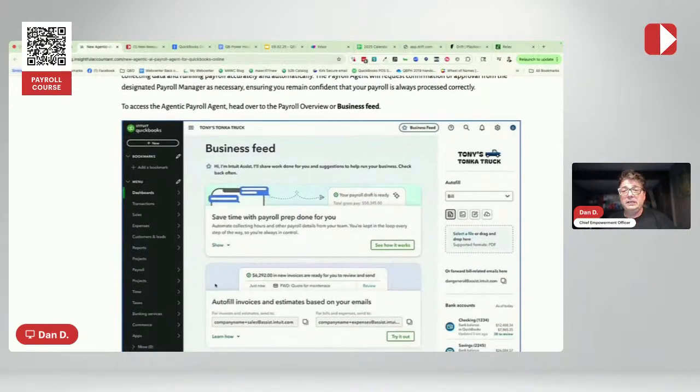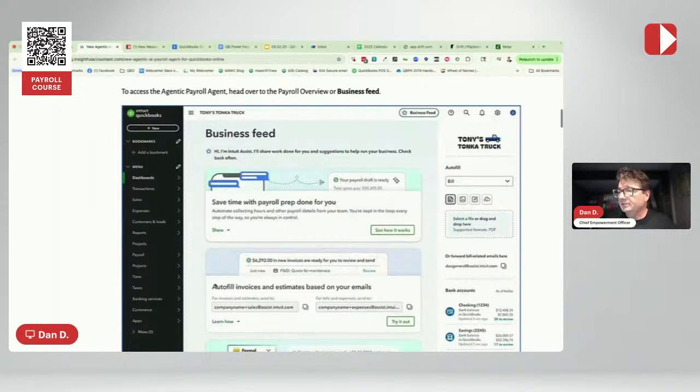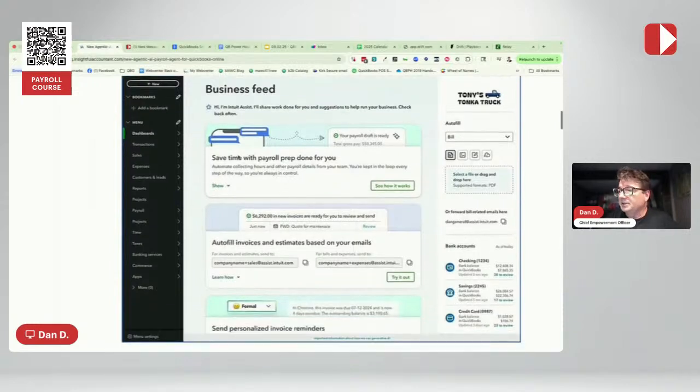But a lot of it is in service to finding discrepancies, things that are outside of the norm of setups, whether they're employee setups or the company setup information, and then communicating some of these things with your team or yourself, right? So in the business feed, you're going to have some of those notifications or alerts